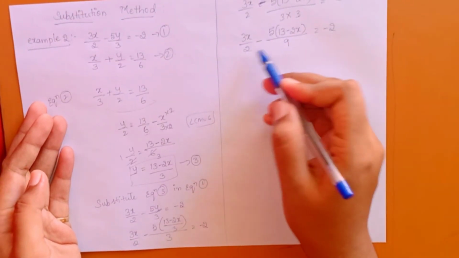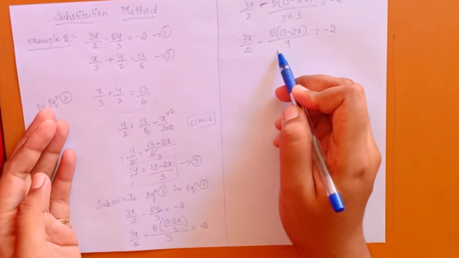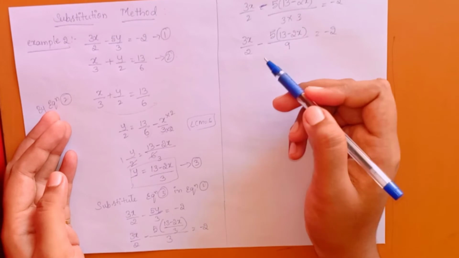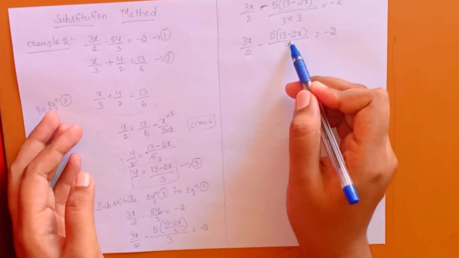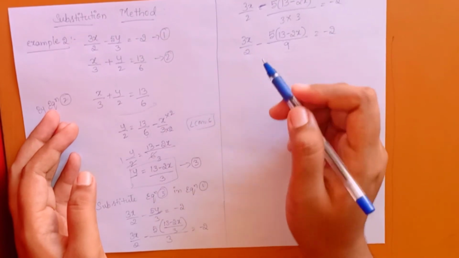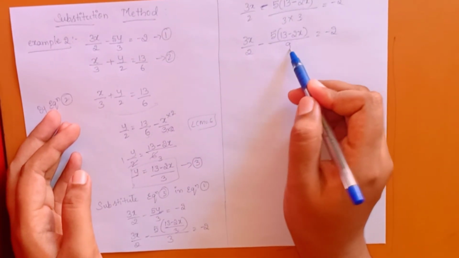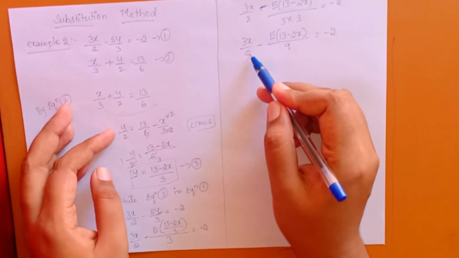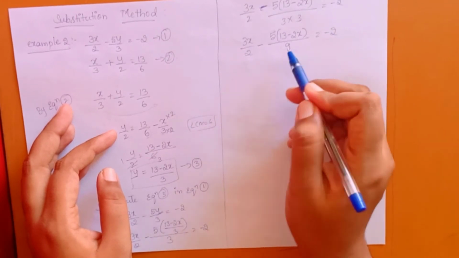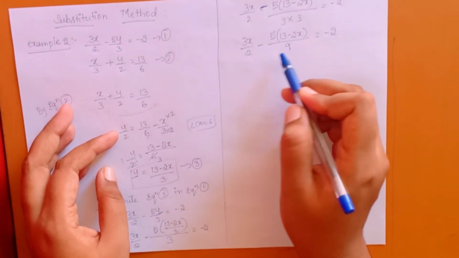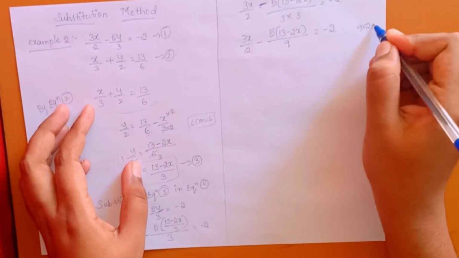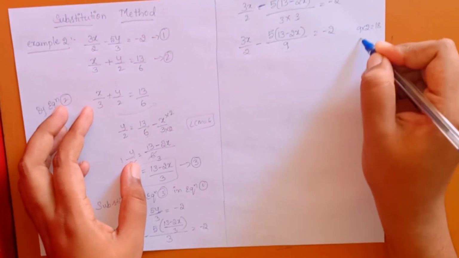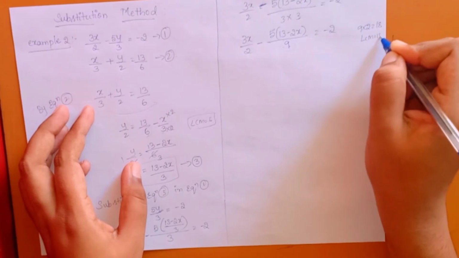Now we need to see the denominators, because denominators need to be equal if we need to add or subtract. But here we don't have equal denominators, so now we'll see which is the bigger one to find the LCM. 9 is the bigger one. First we need to check, will 2 divide 9 or not. But 2 will not divide 9, so we need to multiply 9 with 2. So 9 2s are 18. So the LCM is 18.